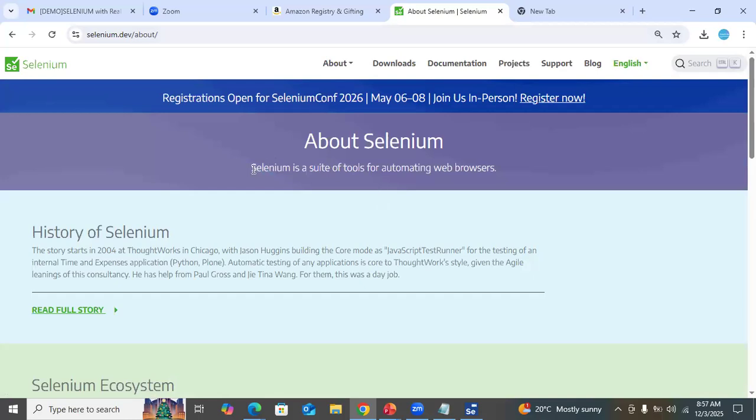Just now we discussed that Selenium is a suite of tools for automating web browsers. This is the one-line answer in an interview. You can mention the story of when it was introduced, but no need to read all the things. When it was introduced and who introduced it is not required. It was 2004. But if anyone asks what is Selenium, the simple definition is: Selenium is a suite of tools for